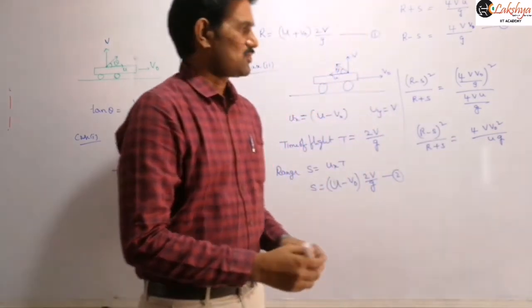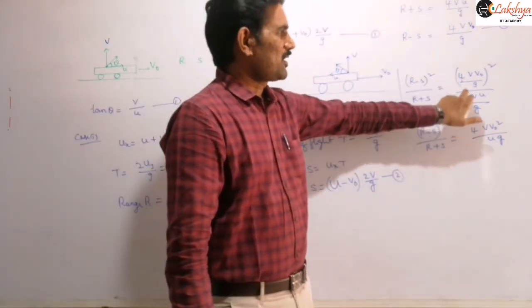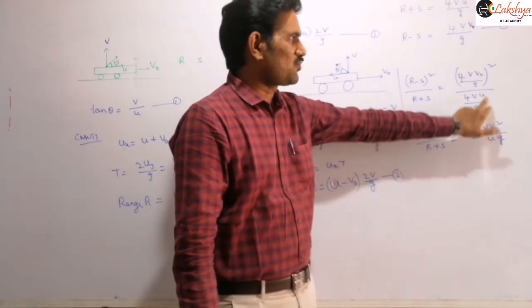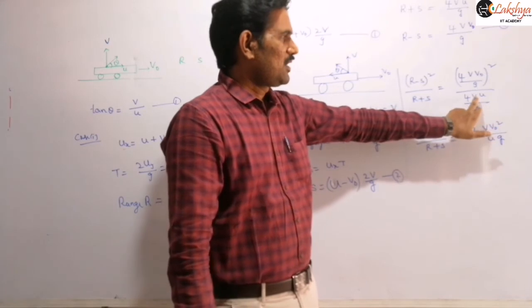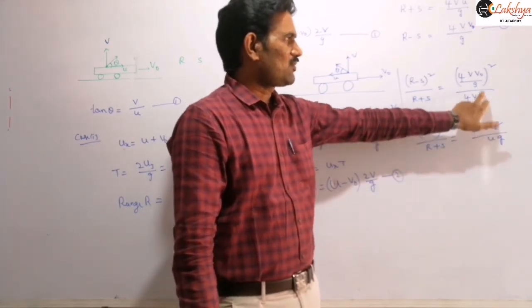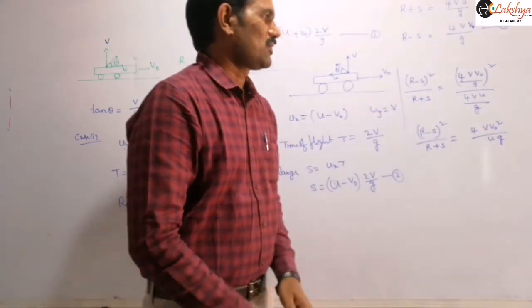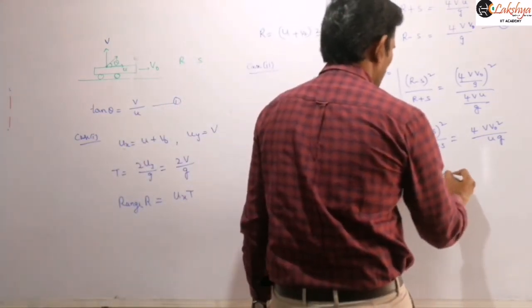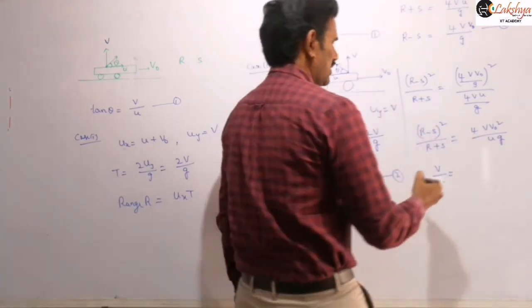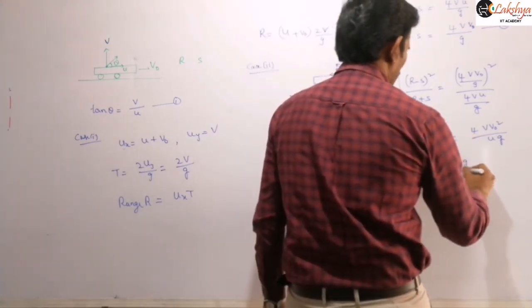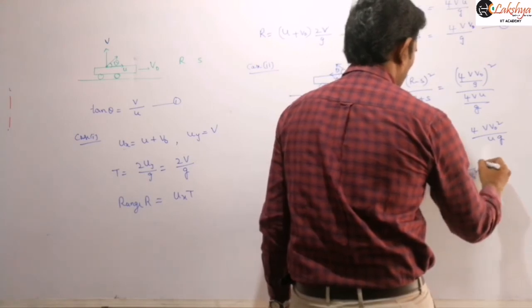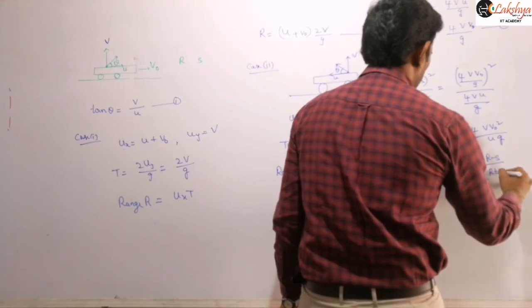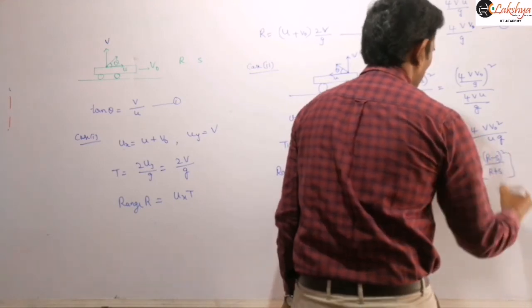Got it? So is it correct? So 1 4 will be cancelled here out of 16, then 4 here v square you will get, and 1 v will be cancelled. So here this v naught square will be there, and next here this u term will be there, and here 1 g will be cancelled, so that 1 g will be there. And so now from this what we can write is v by u is equal to, remaining terms I am writing this side, g by 4 v naught square into r minus s by r plus s, that means r minus s whole square by r plus s.